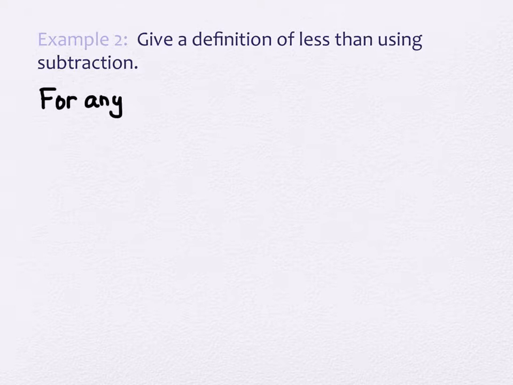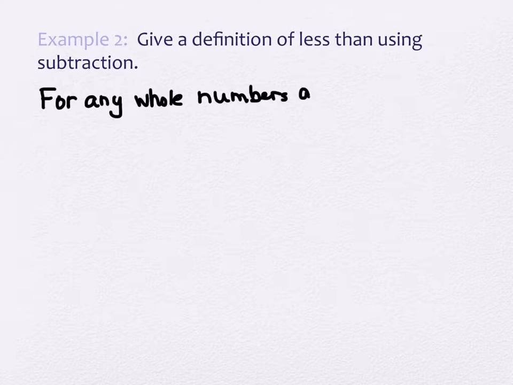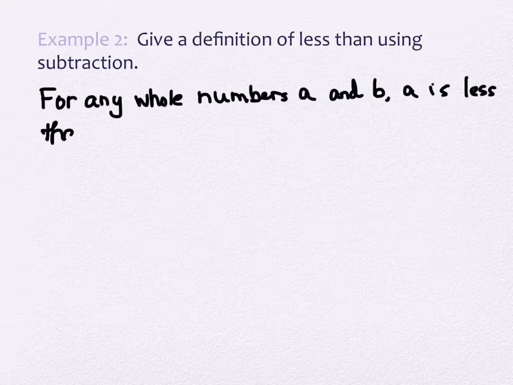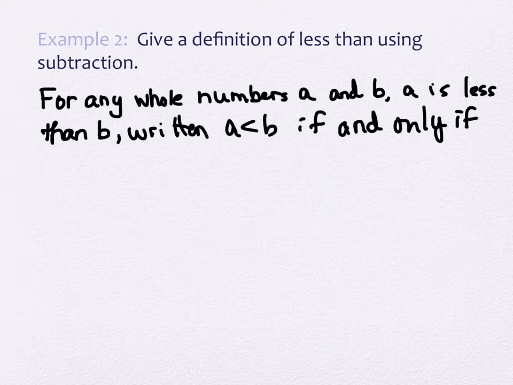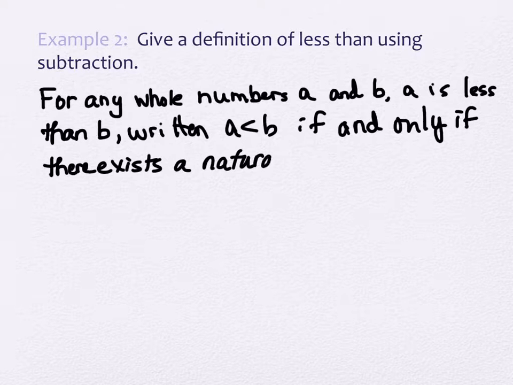For any whole numbers A and B, A is less than B, written A less than B like this, if and only if there exists a natural number, remember those are our counting numbers starting at 1, a natural number k such that,